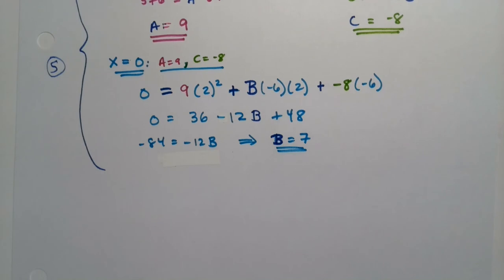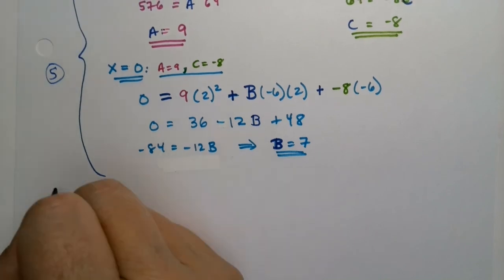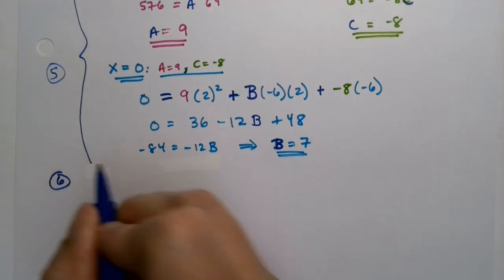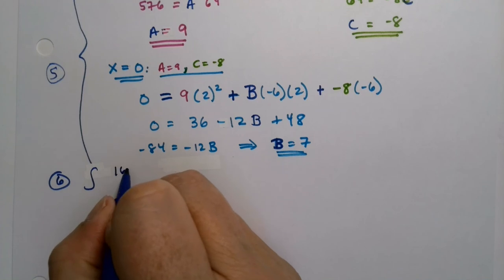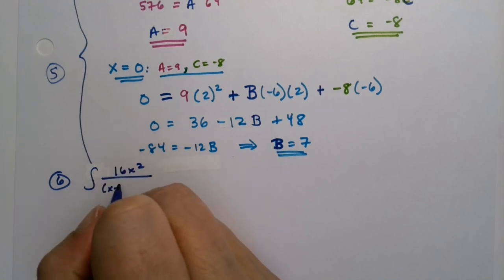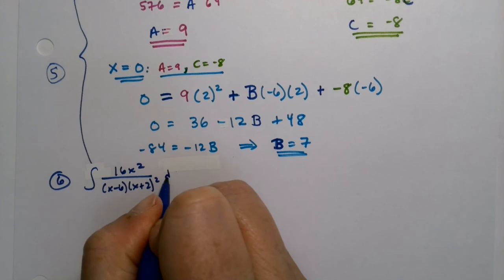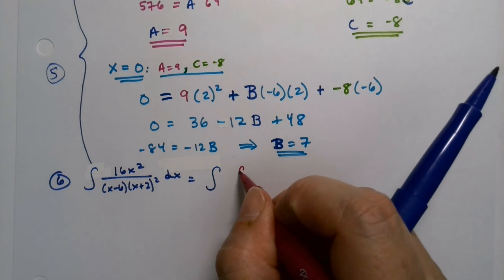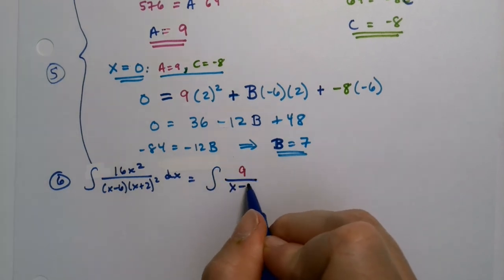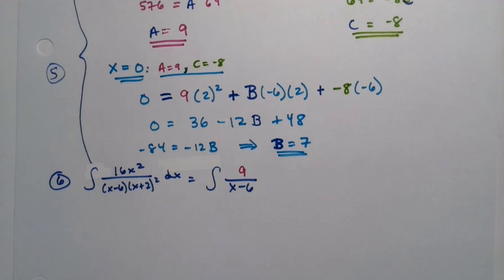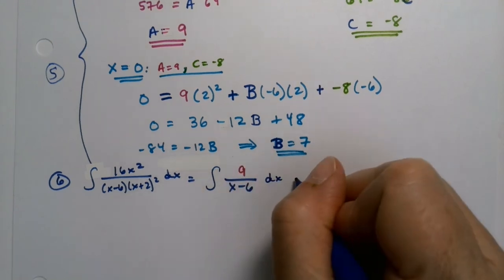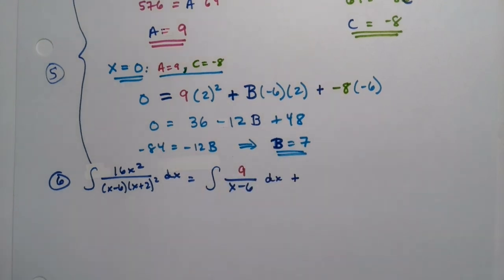Step 6, we actually need to do our integration. So, right, actually, I want to give myself as much space as possible. This is going to be a little bit of work here. All right, so the integral of 16x squared over x minus 6 times x plus 2 squared dx is equal to the integral of, and it was 9, that was A, over x minus 6. And I'm actually going to break this one up a little bit just for our own purposes here. So 9 over x minus 6 dx plus, and then it was 7